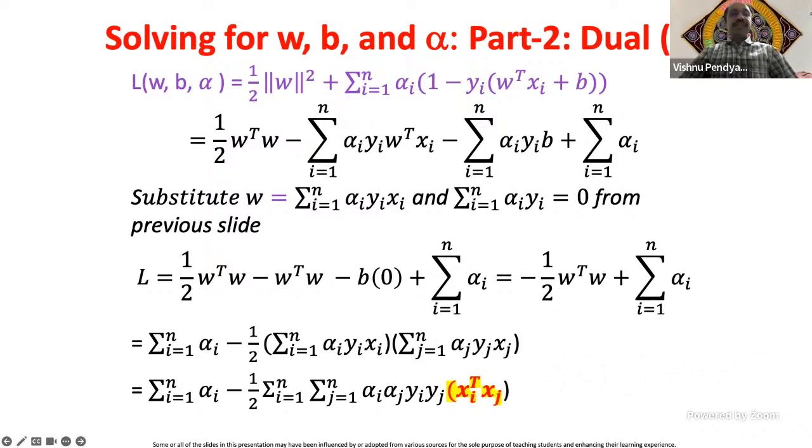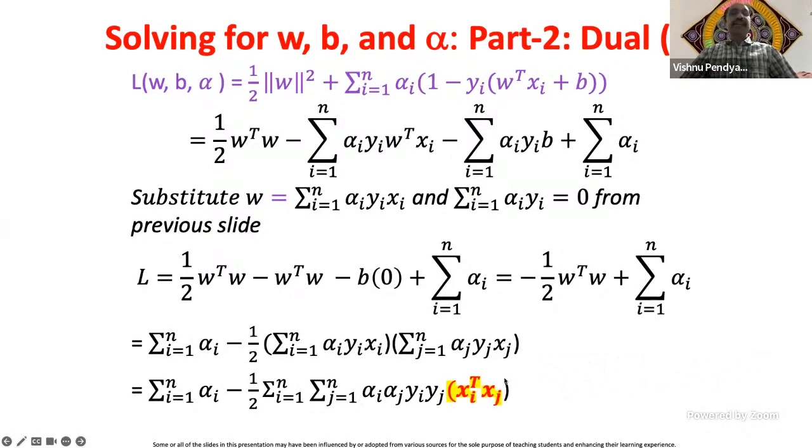So what we are essentially doing is we are multiplying. How did we arrive at this? This is like multiplying two summations. So for instance, how do you multiply a plus b plus c, the first summation, and the second summation is d plus e plus f? You get all combinations of a, b, c, and d, e, f. So the same thing is happening here. Alpha i times alpha j. So two summations. One is on i, the other is on j. So you get all the possible permutations and combinations of the